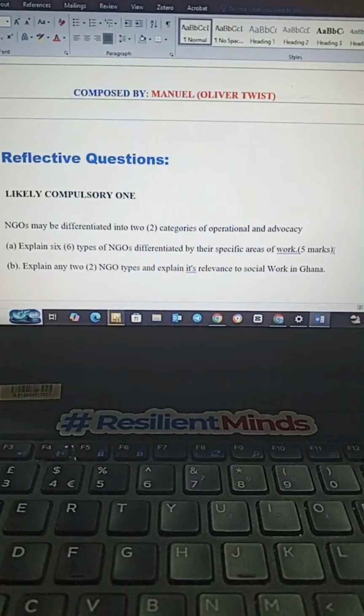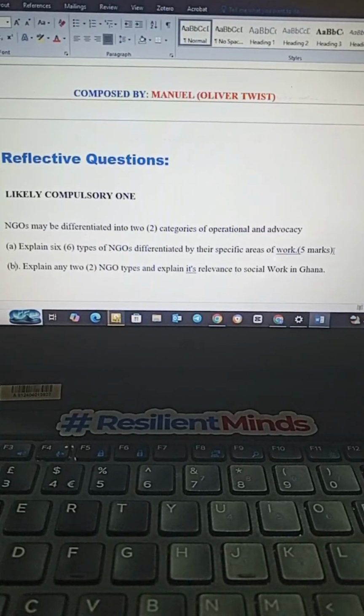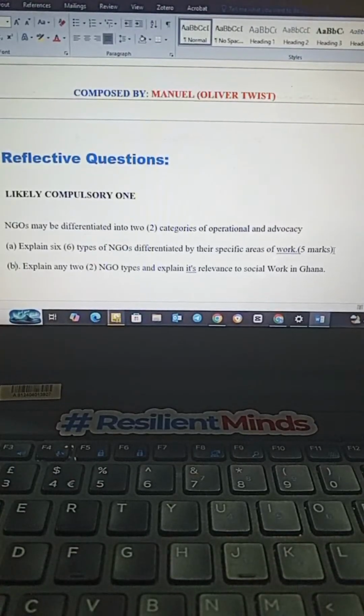So when we say the types of NGO, we know that we have 6 core types of NGO, and they all have examples that we can cite. The first type of NGO is called the BINGO. Now, when you mention the BINGO, you need to add examples to it. I'm just showing you how to answer the questions. When you list the type, make sure you provide examples.